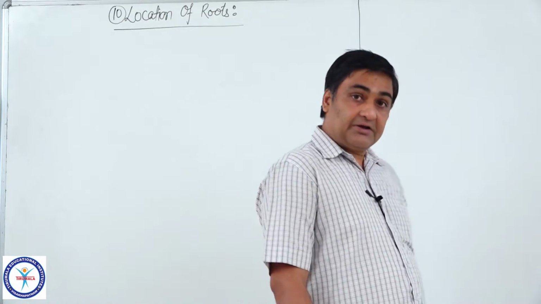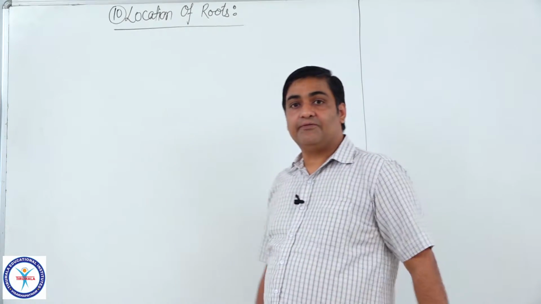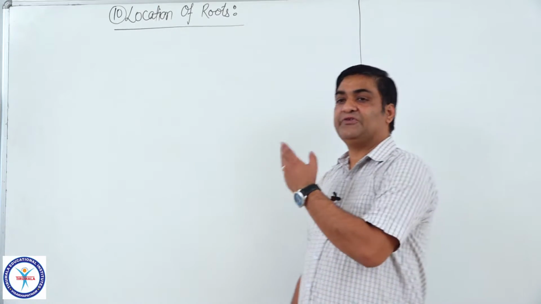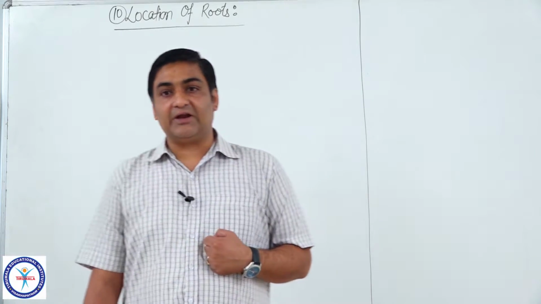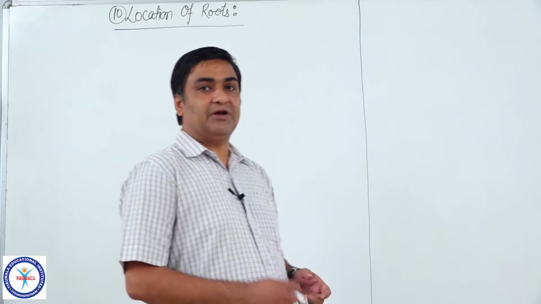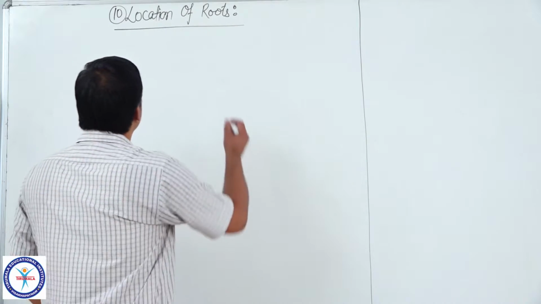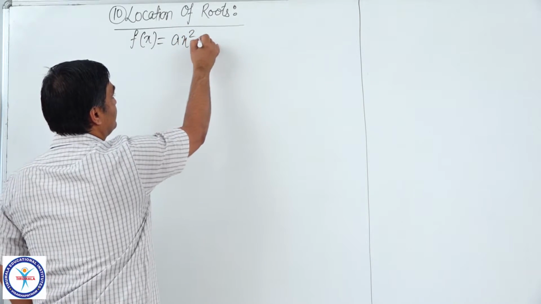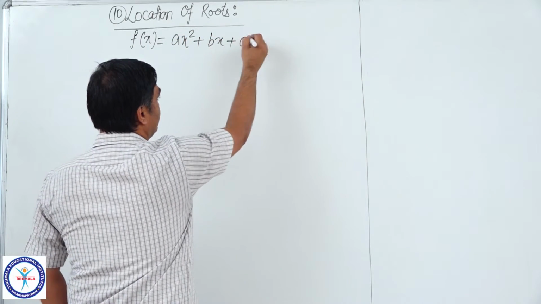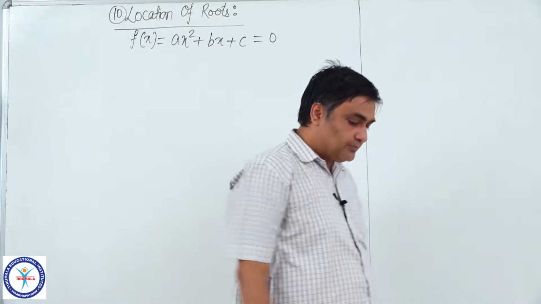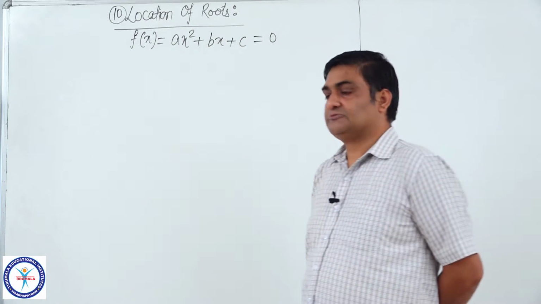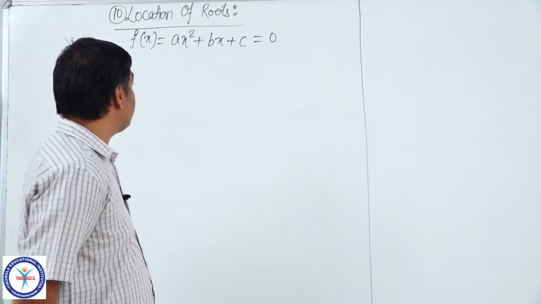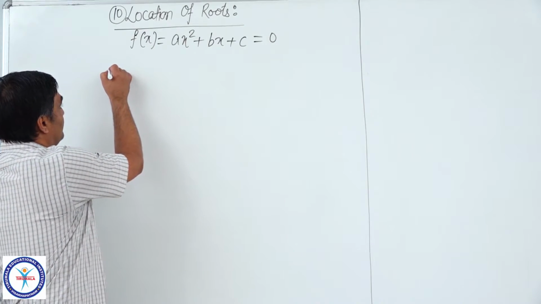So we will relate different conditions for location through the coefficients which are a, b, c in the equation ax square plus bx plus c. We write the quadratic equation as f of x equal to ax square plus bx plus c equal to 0. Now we will consider different cases. The first one,